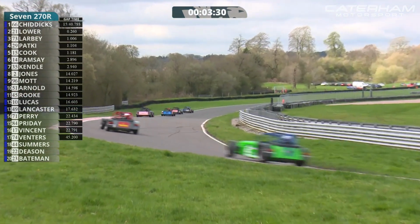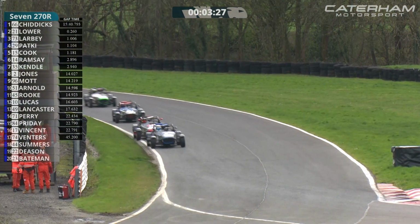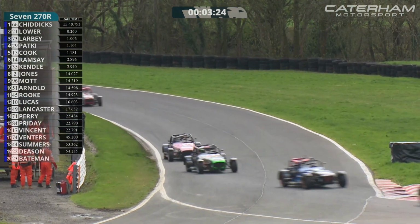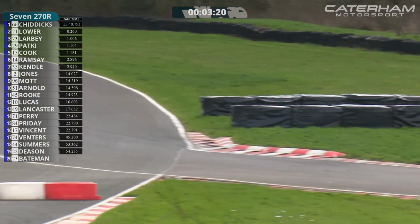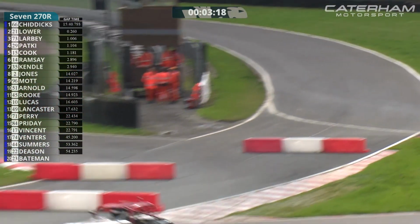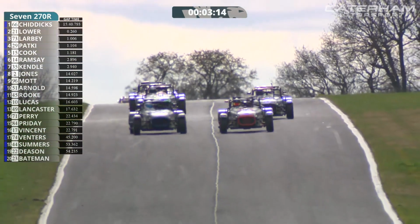Charlie Lower in the grey car leads the way from the Boss racing car of Freddie Chiddick's in second, back up towards Hilltop and towards Britain's first of all, then Hilltop once again. They'll bounce over the curb there on the inside. There's the battle for sixth. Jonathan Ramsey, the Lancashire driver, back up into sixth position ahead of Mark Kendall as the leaders head over Hilltop